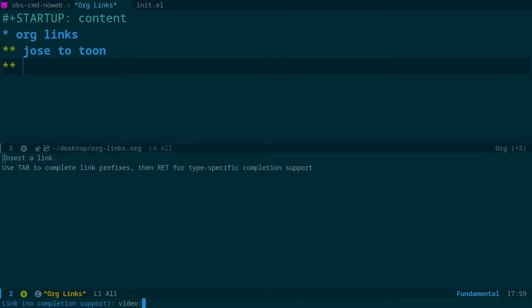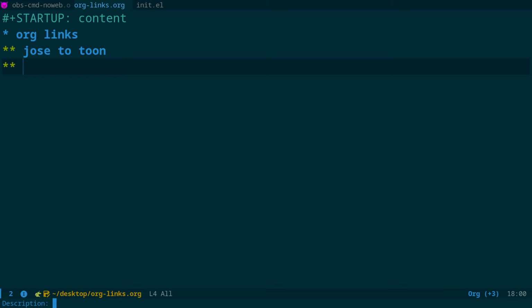Press return. No completion support, and what that means is as you type, it's not going to auto-complete for you because we can't auto-complete a URL. So what we're going to do is press Control Y to yank the URL in there. Then it prompts us for a description. So we're going to go Trump goes nuts again. Press return, and you can see